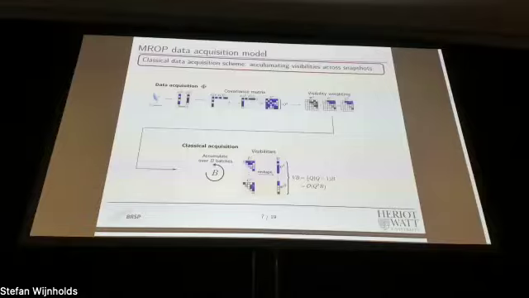And to dive a little bit deeper into how it works, in the classical data acquisition, which is not compressing any data, acquiring data in the traditional way, we have the voltages measured at different times, and then we do cross correlation to get the covariance matrix at each snapshot, and then we take the upper triangular parts and apply some visibility weighting. And if we accumulate these visibilities over however many snapshots we collect, then we end up with visibilities that scale with Q squared B, which are used in imaging.